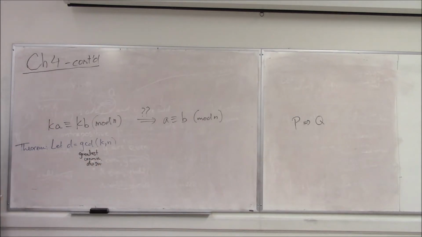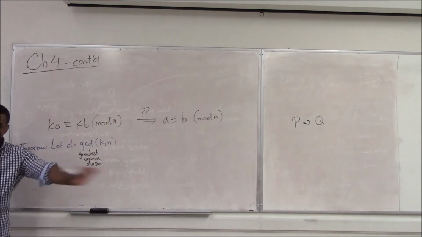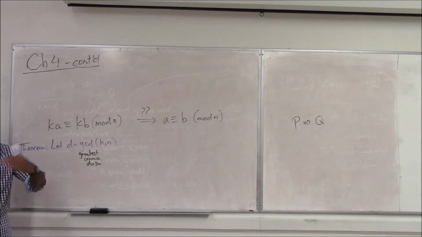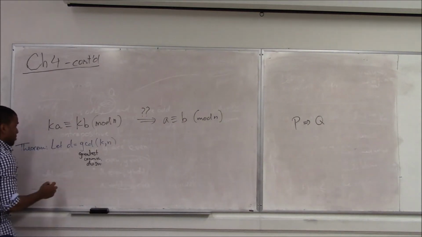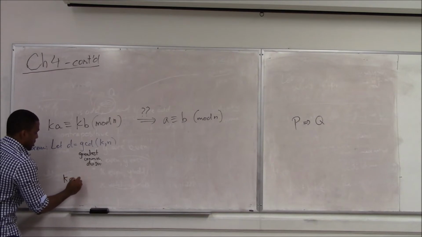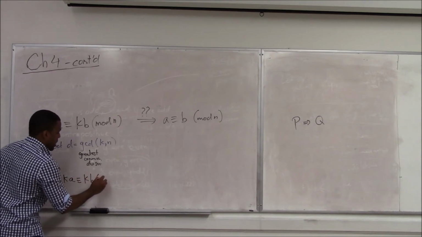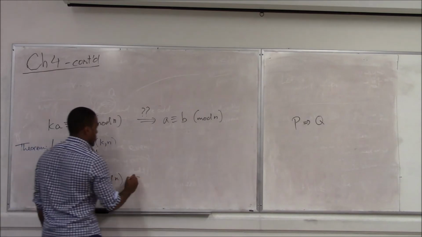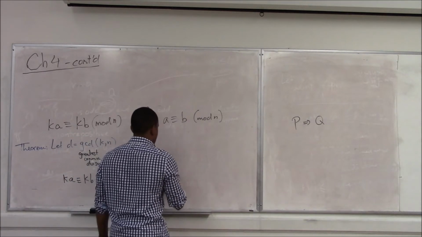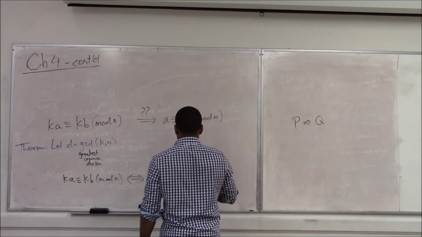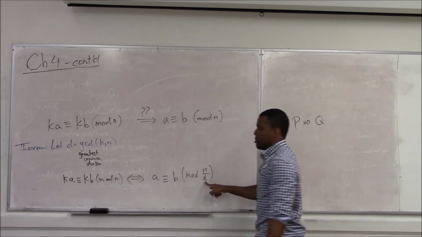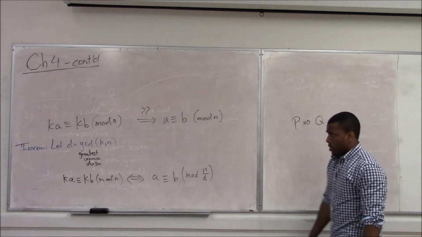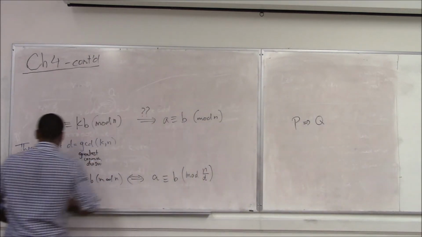Some people call it greatest common factor. It's the same greatest common factor that you had from algebra class, when you want to combine fractions and you find the least common denominator. That same kind of thing. If you let d be that, then it turns out that ka is equivalent to kb mod n if and only if a is equivalent to b mod n/d. If you divide both sides, you have to divide the modulus by that. And it turns out, therefore, as a corollary,